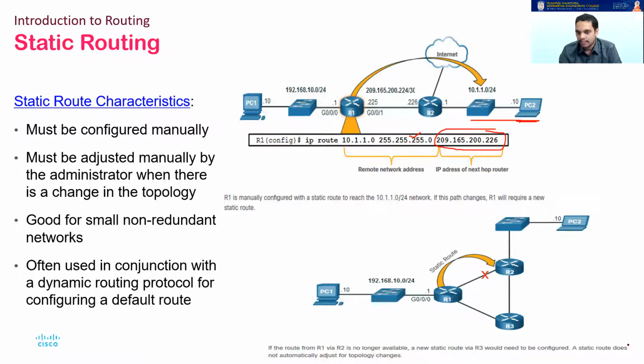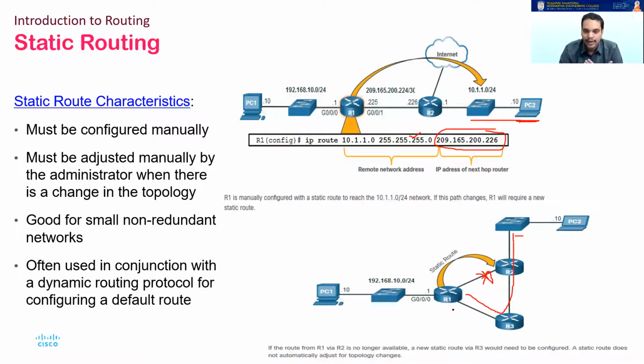But check the below diagram. There is a problem that might happen with R2. Say this link with R2 is gone. What happens, sir? Because you have set up the static route like this, and there is another pathway to go to this network via R3. This is another way. But unfortunately, if you use static routing, it will not go for the alternate routes. It waits for a new static route. It cannot take it.